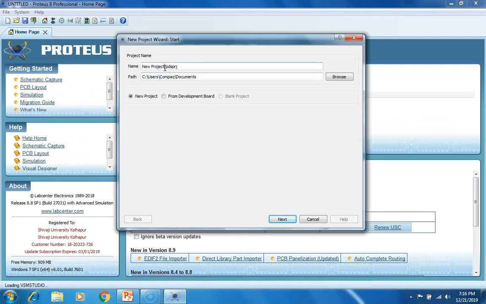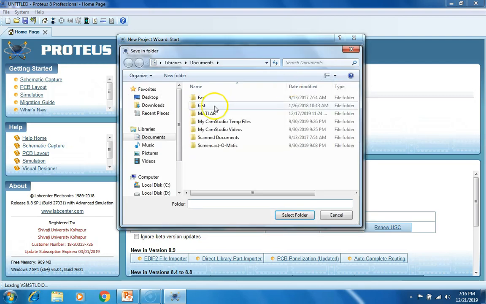Write the name of the project. Select the directory. Click on Browse.